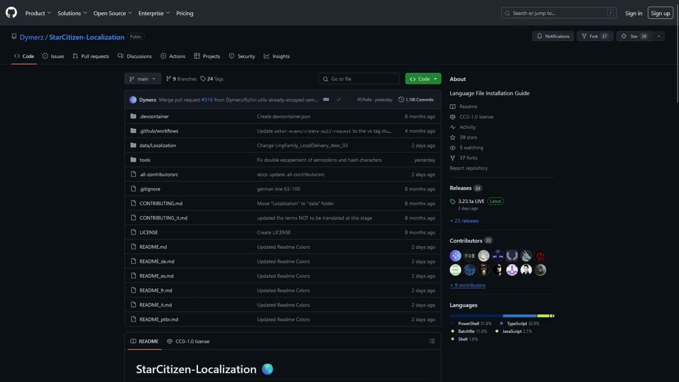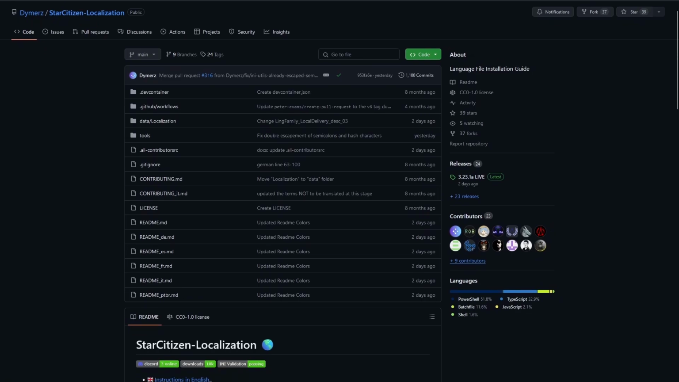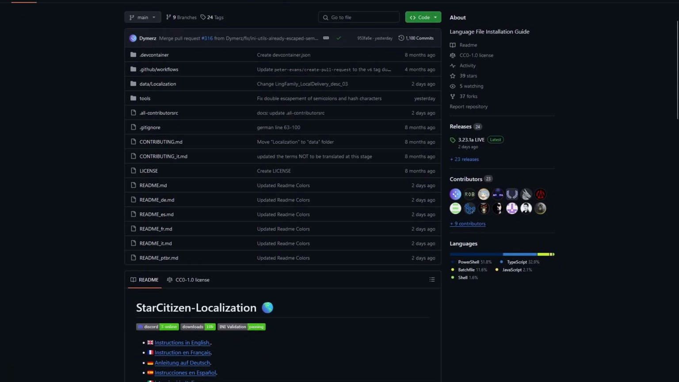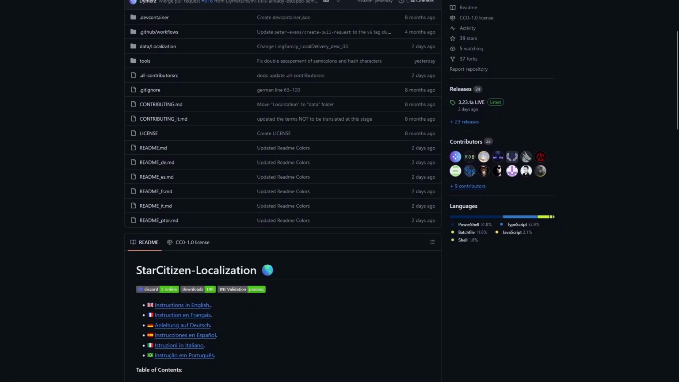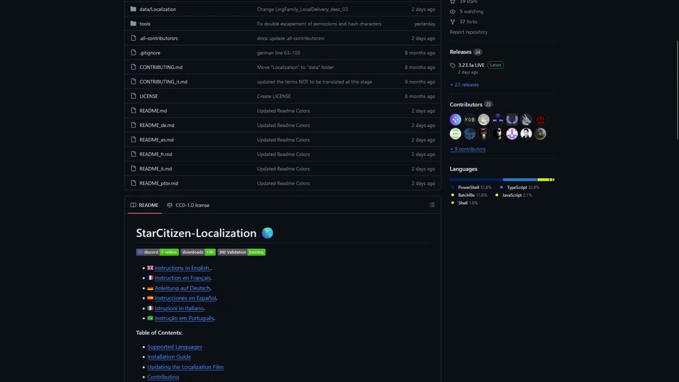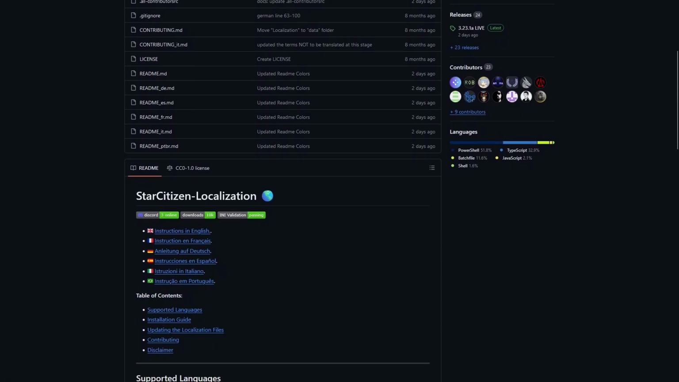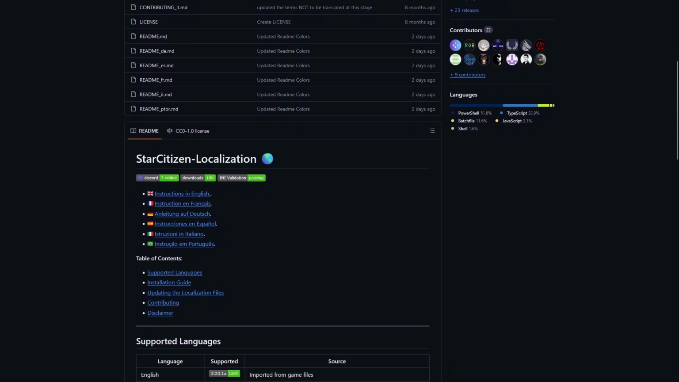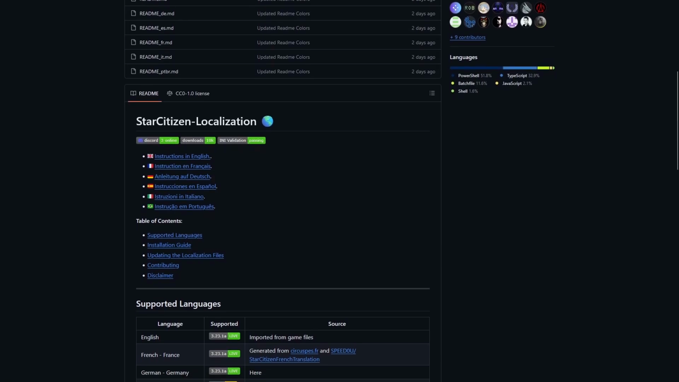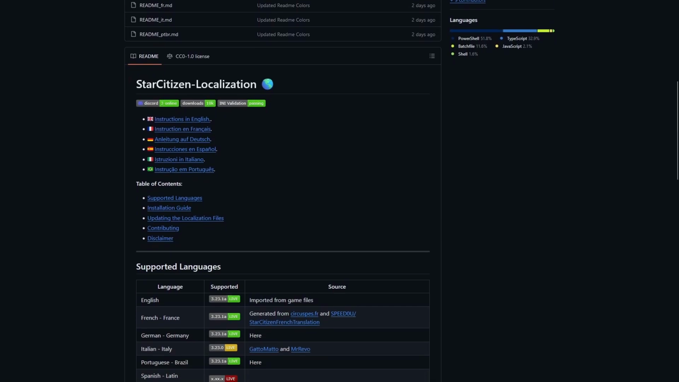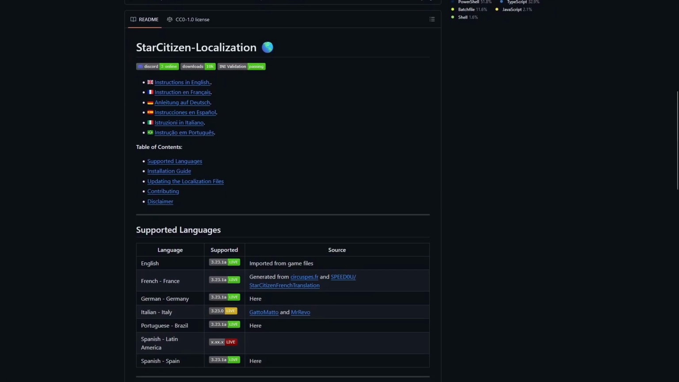The first tool that we're going to be looking at is a project by Dimmers called Star Citizen Localization. The goal of this project is to localize the languages available for the game. Let's say that you live in an area of the world where the main language isn't English. This project aims to fix that, to make it so that the interface and everything in-game is localized to your